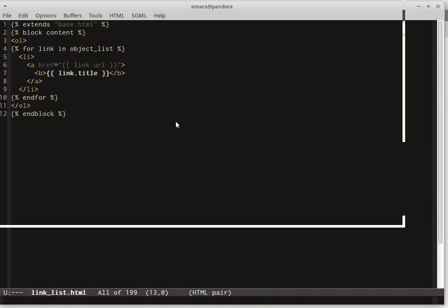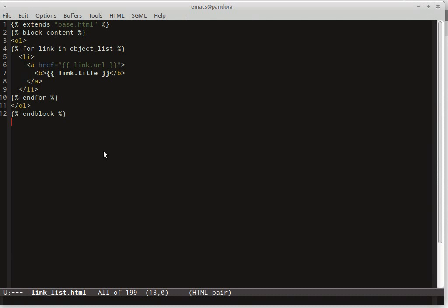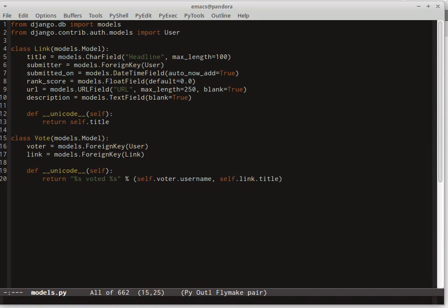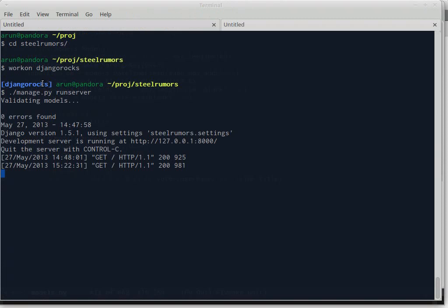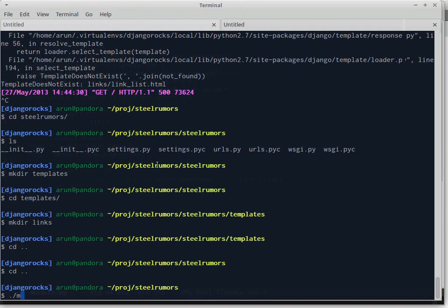So next we have to see what's missing from our page, which is votes. If we go back to our models, you will remember that we don't have a vote count on each link. This is because if you know a bit of databases, it's very easy to count how many models are linked to a particular model using the foreign key relationship. So we just need to know how many votes are linked to this particular link. So if I were to use the shell, I would probably go something like this. Say, start the shell